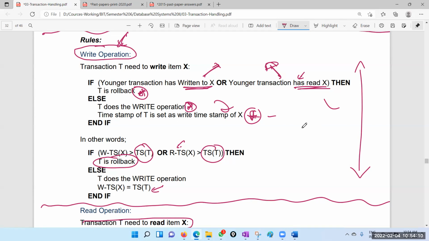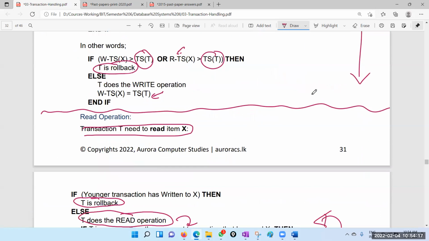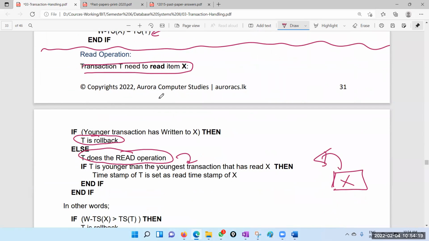Say, assume that there are girls and boys. So a read operation is something like a boy asking a girl. A boy can